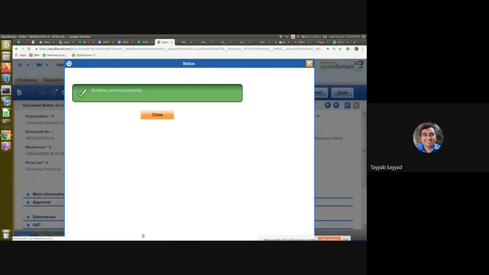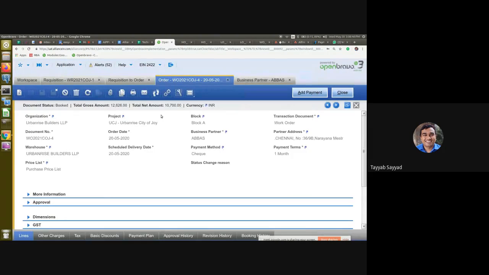No, what I'm asking is, if we didn't add them in contacts, can we still send the email directly? Yes. Auto PO also we can send out. But let them send it manually for the first few days, and then once they are confident with the system, it will keep on sending. Because in auto email you don't have to worry about anything, and sometimes it may go wrong also.